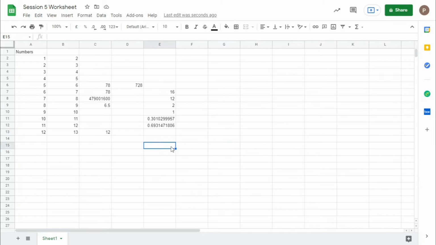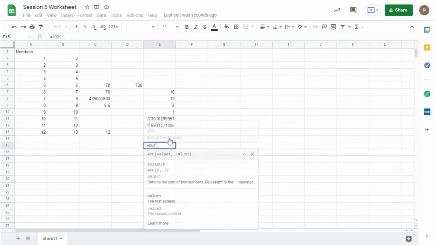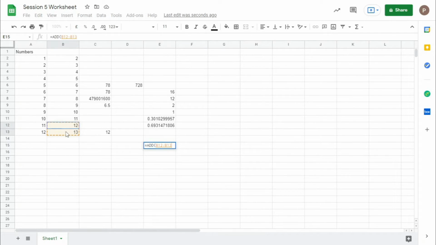Next, there are logical equations. There are some operators also. You can use ADD, which just gives the addition of two numbers.